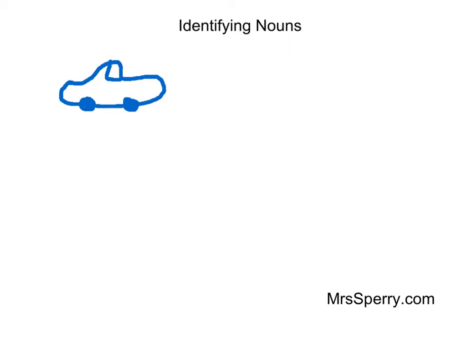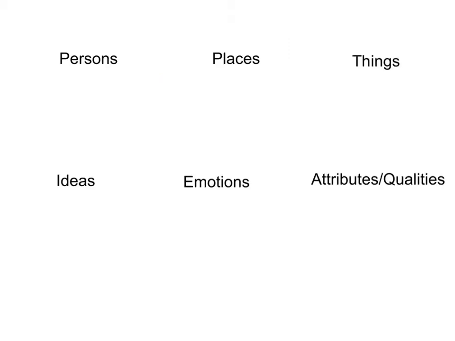Let's look at that. Most of us have been told, probably in elementary school, that nouns are persons, places, or things. Possibly in middle school or high school, we also added on to that definition that nouns are ideas and emotions. And in colleges, and perhaps in some high schools, you learned that nouns are attributes or qualities. Let's give some examples. Persons, boys,